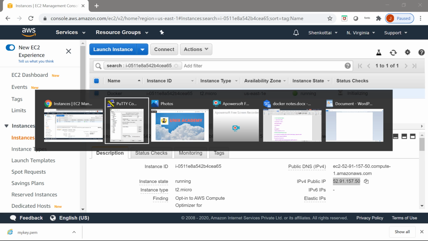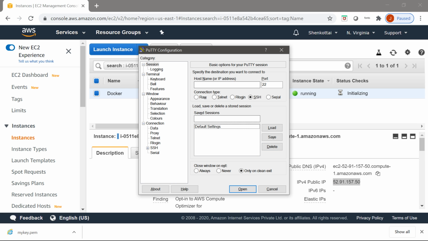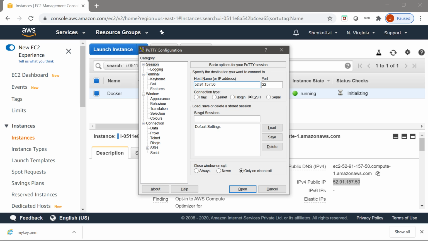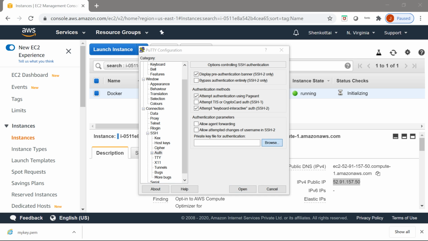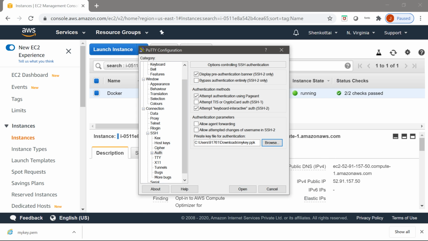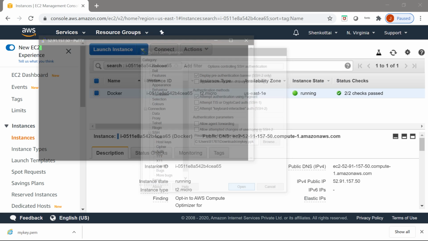You can use public DNS also. Then in the host name column I will paste this public IP here. Then I will select SSH Auth, then Browse, and select my key. I will open this key, and again I will give Open.